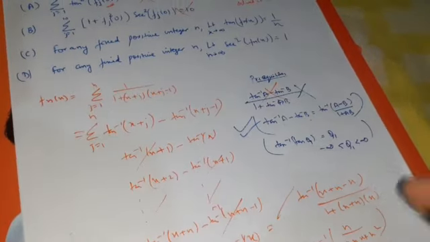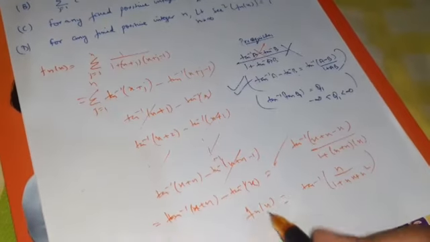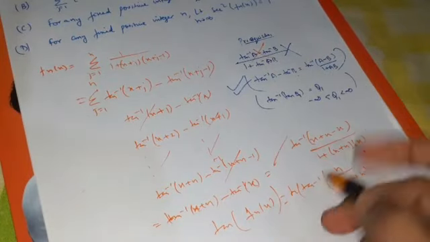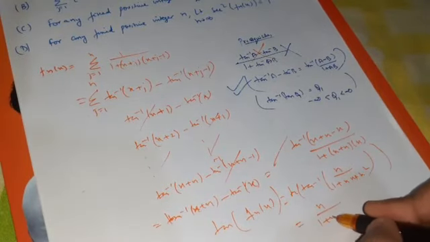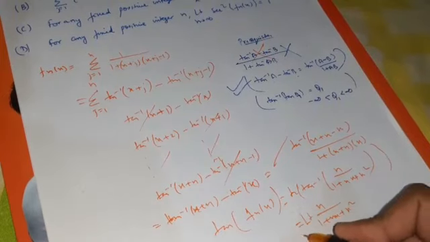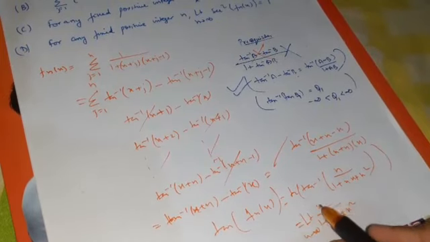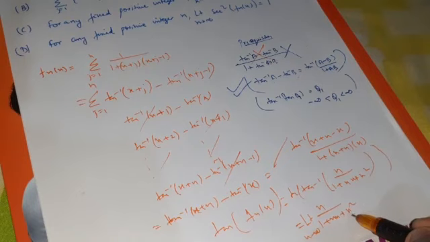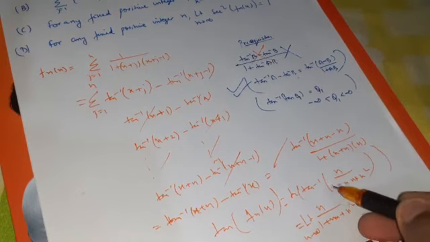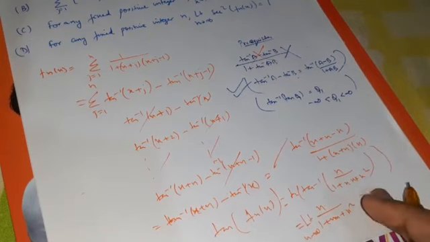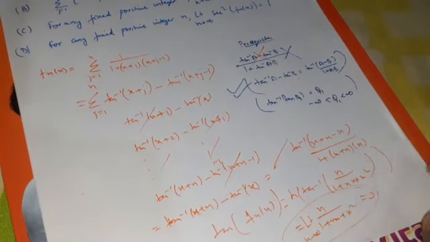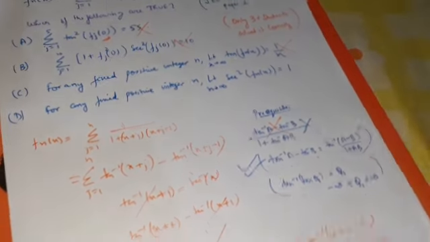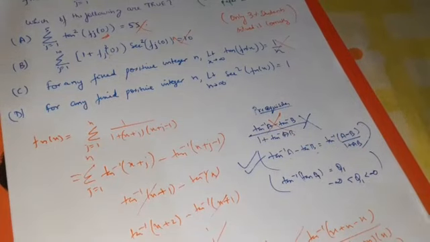Now what is the question asking? We have to take the tan of this, and as you know, taking tan on both sides, the tan inverse will cancel out using tan of tan inverse, and we will get the function as n by (1 plus nx plus x square), and we have to put the limit as x tends to infinity. Here n is a natural number, any positive natural number, so positive by 1 plus infinity square plus infinity, which is infinity only, and any natural number by infinity is 0. So we are getting this whole as 0, but the option given is 1 by n. So this is not equal to 0, and this is also false. Straight away you can tick this one, but let's analyze once more.